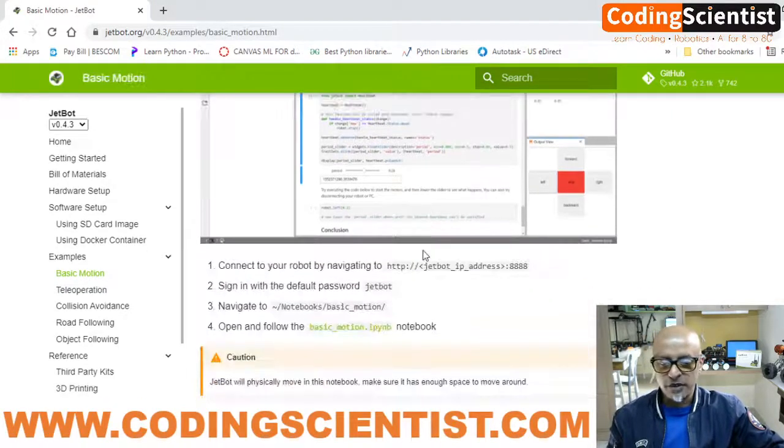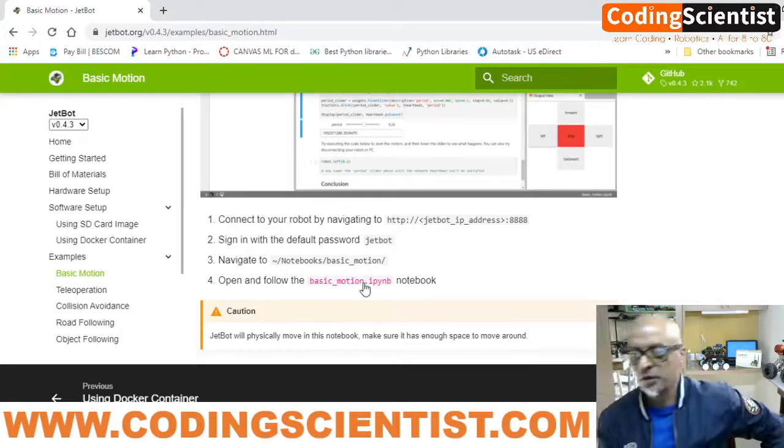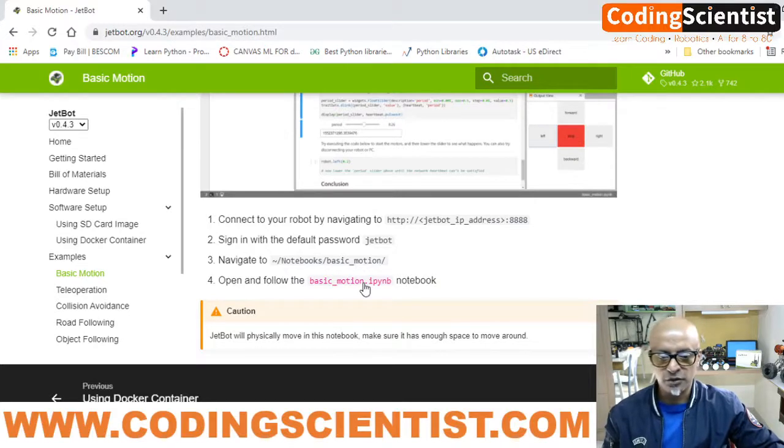So what we need to do is, once you go to basic motion, scroll down and open and follow the basic_motion.ipynb notebook, which is nothing but the IDE notebook which you had seen on Jupyter.